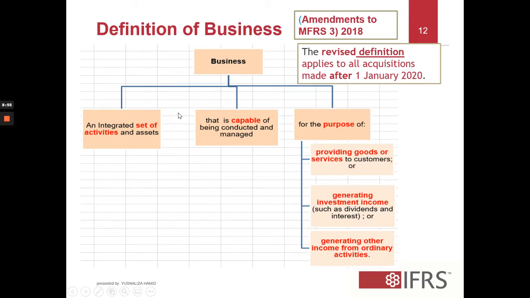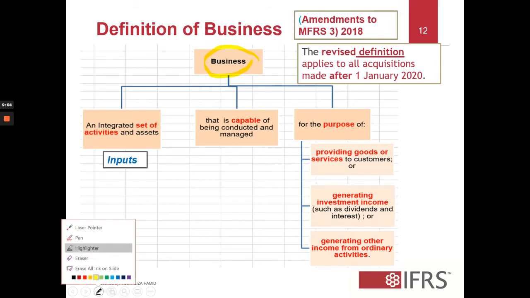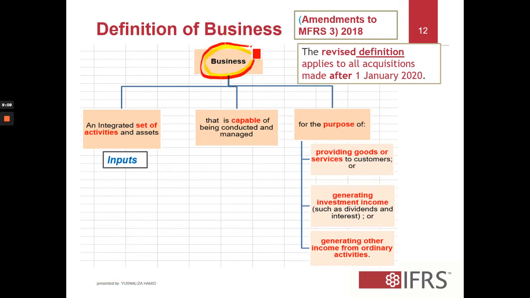And what is the definition of business? As I mentioned just now, it is a business that is being acquired. That business is defined as an integrated set of activities. This is regarded as input that is capable of being conducted and managed. So the activities or assets that you acquired are actually being conducted and managed